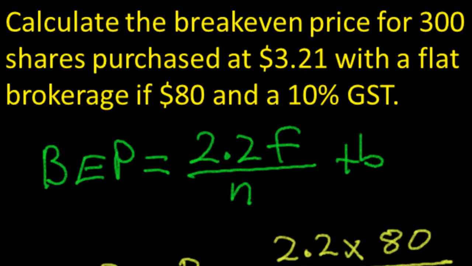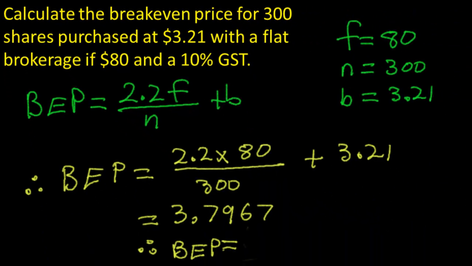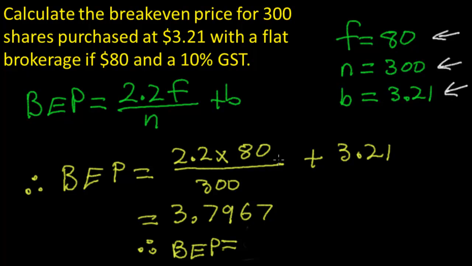Calculate the break-even price for 300 shares. Now notice in this question they tell you the number of shares. Purchased at $3.29 with a flat fee of $80 and 10% GST. GST is always going to be 10%. Sometimes it'll be in a question, sometimes it won't. So we write our formula out, and then we fill in what we know. So we already know some bits of this because we've got it in the question. So I always write out what my F is, what my N, and what my B is. And then I substitute it in, so it's going to be 2.2 times 80, because it's my flat fee, divided